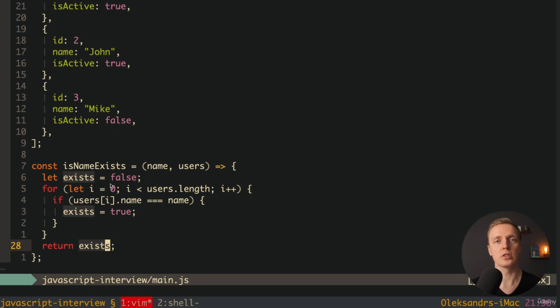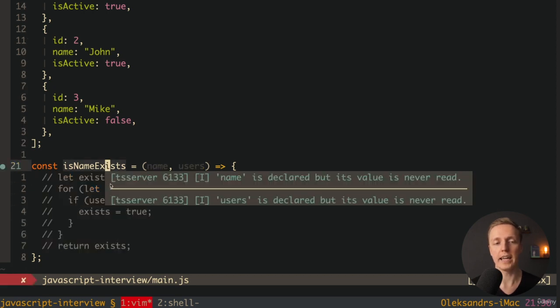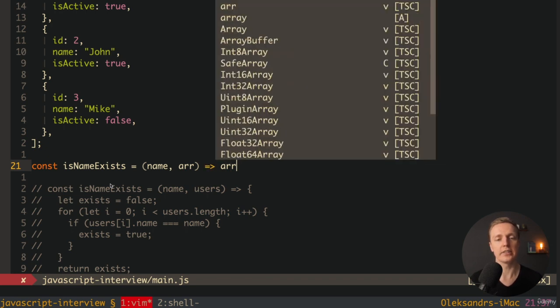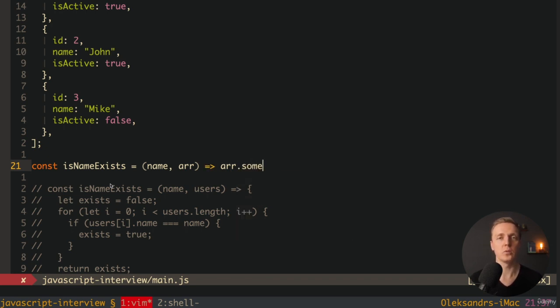This is why I want to show you three other possibilities to write this code, and actually all these three possibilities are okayish. My favorite will be a single liner here, so we can create a function isNameExists, and here we are getting name and array. And as you can see here, I didn't write users but array, because now we can use this function on any data. And now what I want to call here is array.some, and if you don't know what some is doing,